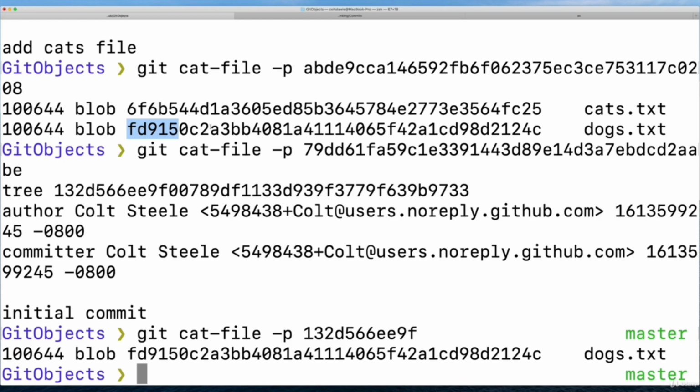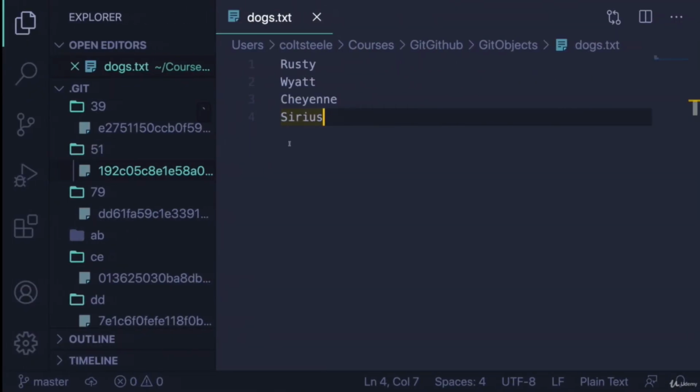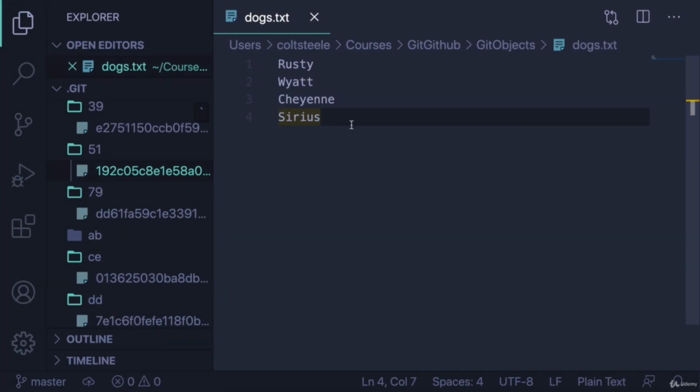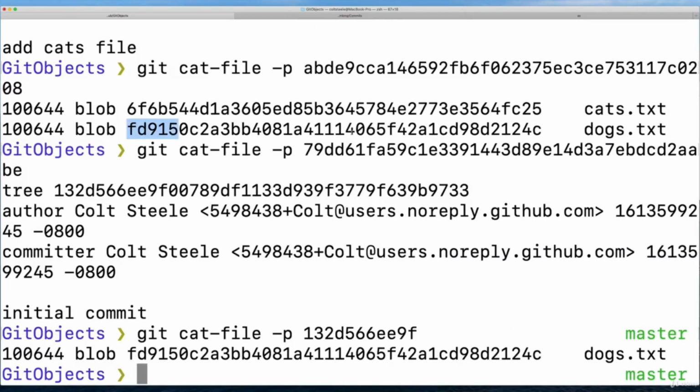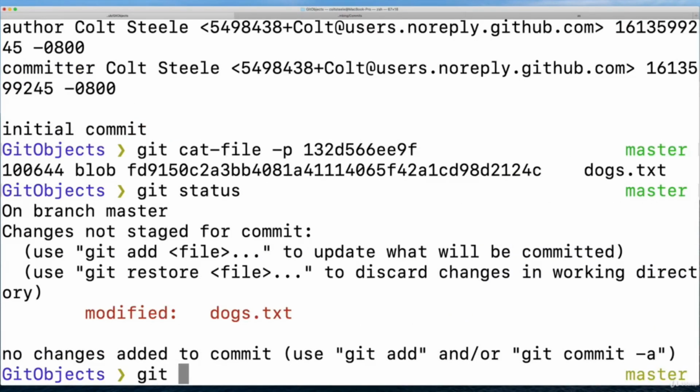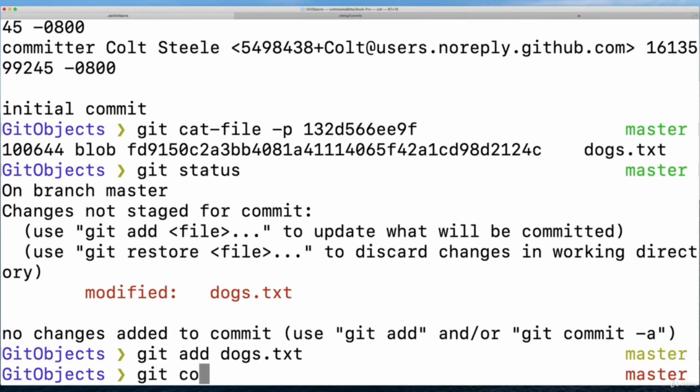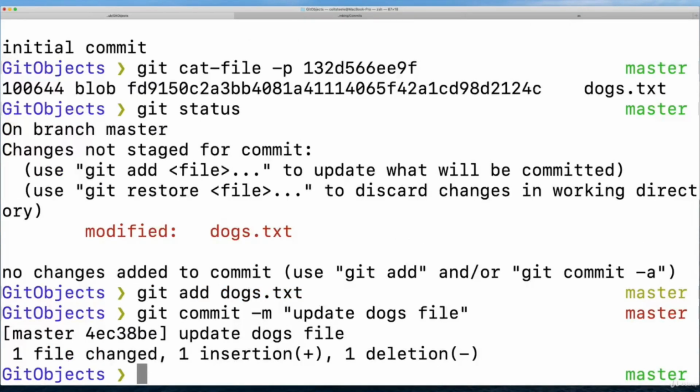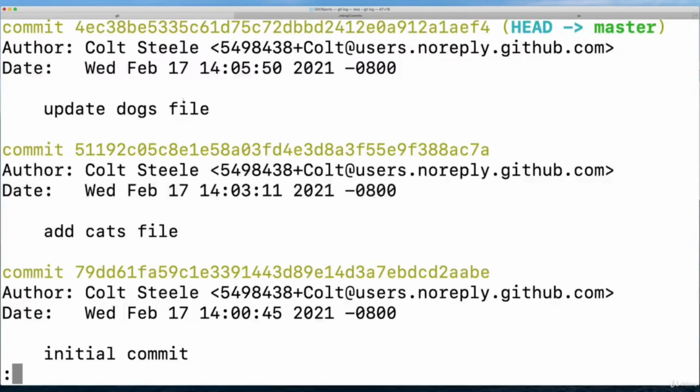But now if I change that file, right? I do something different in the dogs file, like I change it to be Sirius Black, character from Harry Potter. So that's the new contents of the dogs file. Well, now if I add that change, git add dogs, git commit -m, update dogs file. If I commit, well, I just did commit, and I look at that new commit, this one here, for EC